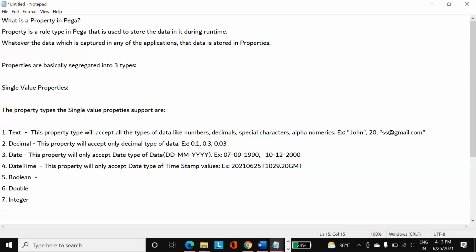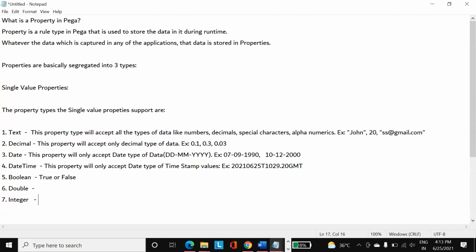And coming to Boolean, Boolean will accept only true or false. It will not accept any other type of data except these two values. Next, coming to double, it is used to store major values. If we have some lakhs, 10 lakhs, in such scenarios we will use the double data type.